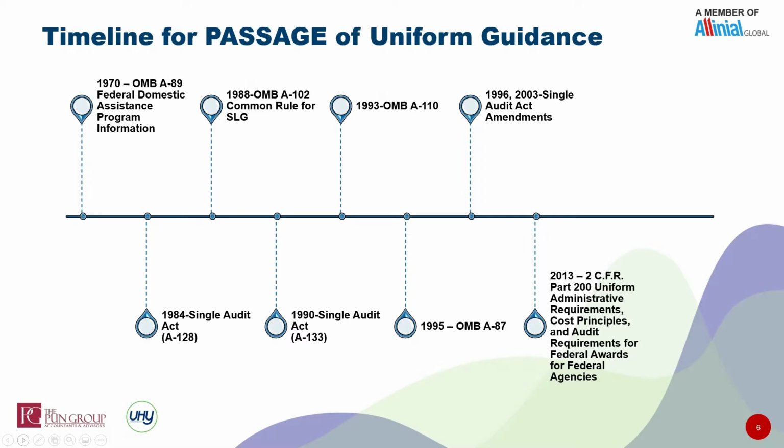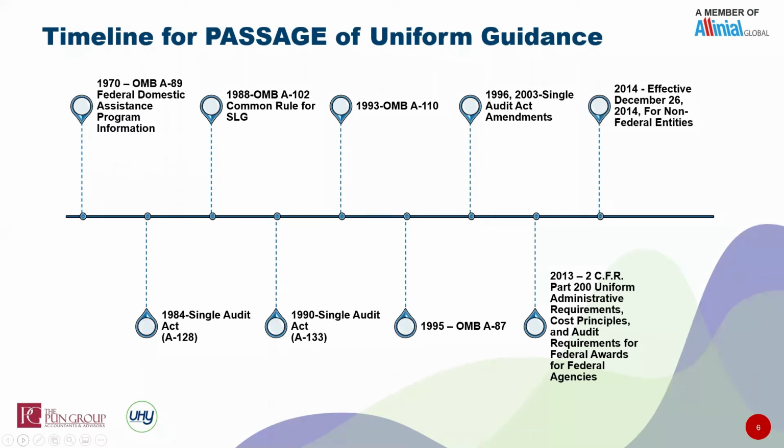They issued basically Title II grants and agreements under the Code of Federal Regulations, Part 200, which established the uniform administrative requirements, cost principles, and audit requirements for federal awards for federal agencies. And then effective in